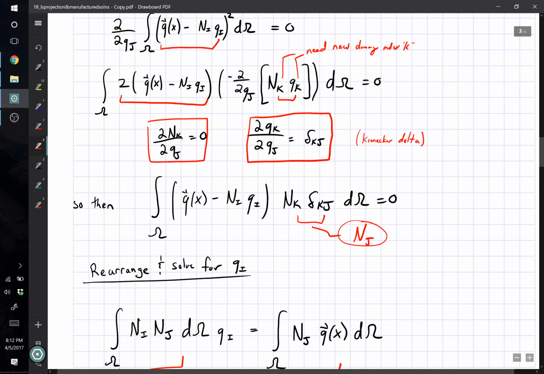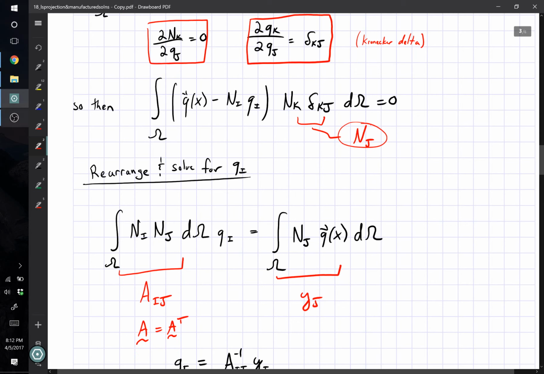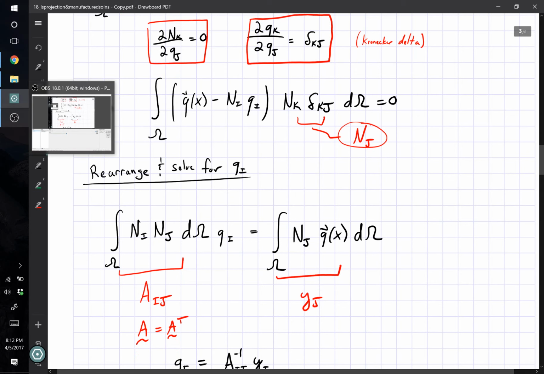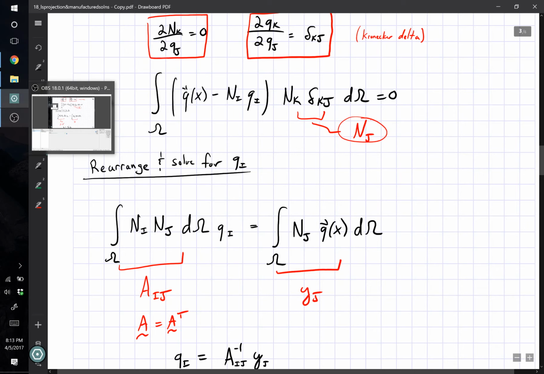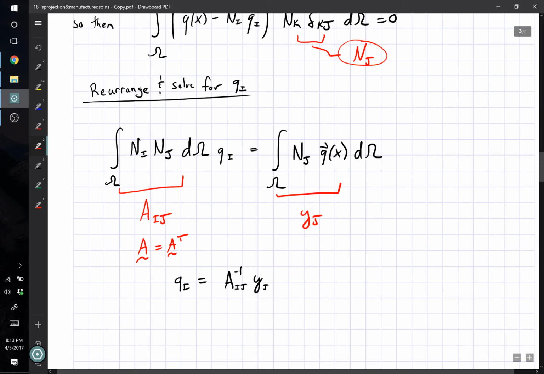So rearranging this expression, if I distribute that nj out and switch variables, what I'm going to get is that I have the product of ni and nj. That's what we call the tensor product. So that's going to create a matrix from vectors. That integrated over the domain, we can pull qi out because it doesn't depend on space. That is going to be equal to the integral of nj times q of x. This is of course my FEA solution, heat flux,